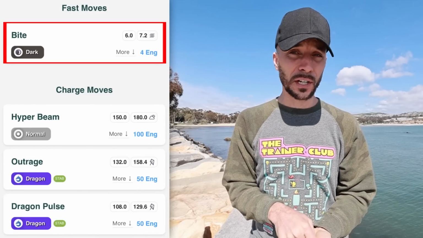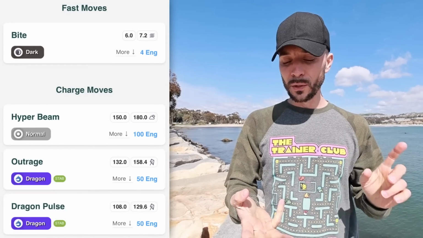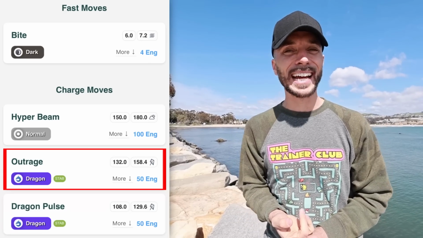So as of right now, when I'm making this video, we haven't had any more updates, but the moveset on this Pokemon could change, and if it does change, I will pin it in the comments below. It will be Bite for its quick move, so it doesn't look like it gets a dragon quick move. And then as far as its charge moves, it's going to get Outrage, which is the premier dragon attacker moveset,